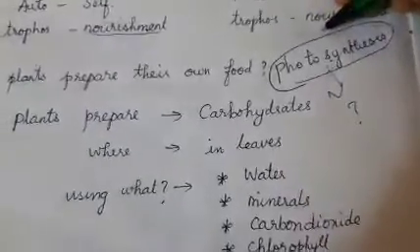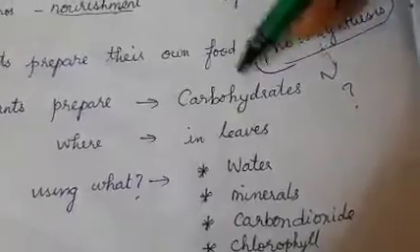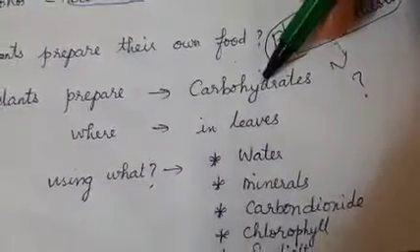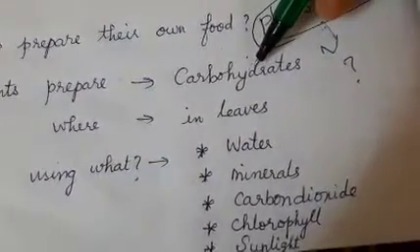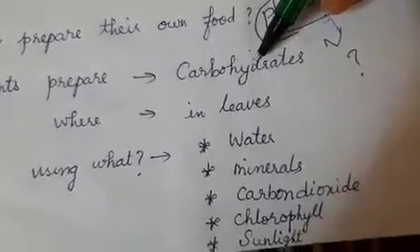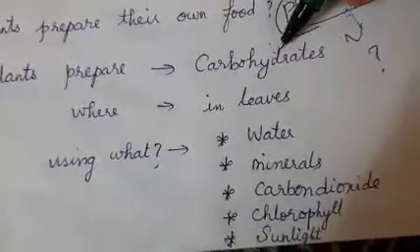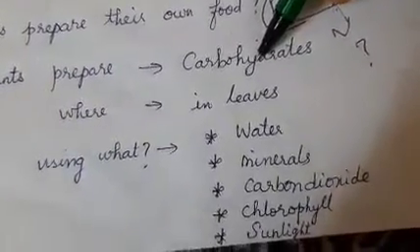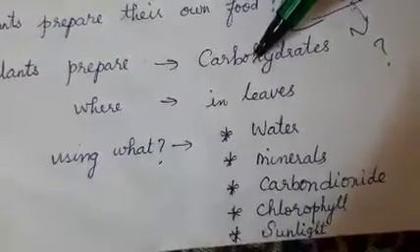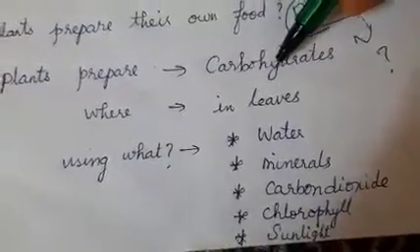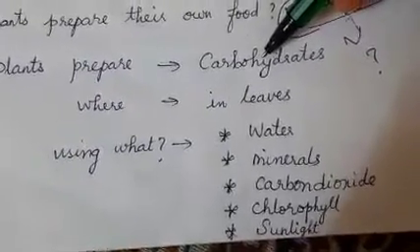In this process of photosynthesis, plants will prepare carbohydrates. Carbohydrates, have you heard this name as an essential nourishing tool for human beings? Where do you find carbohydrates from the foods we eat? What are the foods that give us carbohydrates? Potato and rice are rich in carbohydrates. Carbohydrates are also called starch. Starch is an essential protein for the growth of human beings. Okay, let it be. I will tell that in a later part of this photosynthesis process.